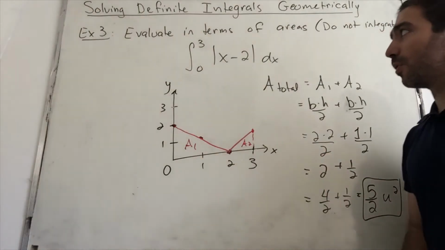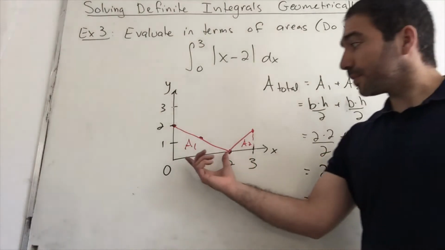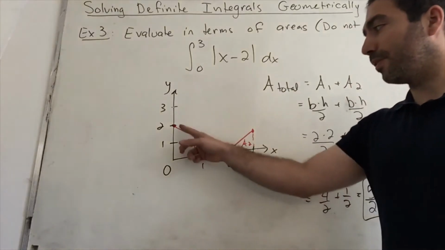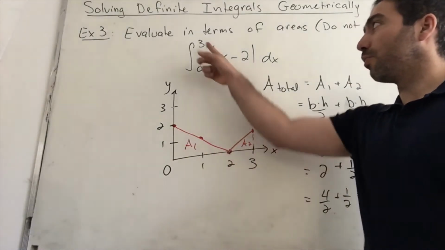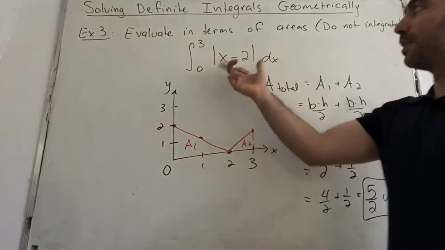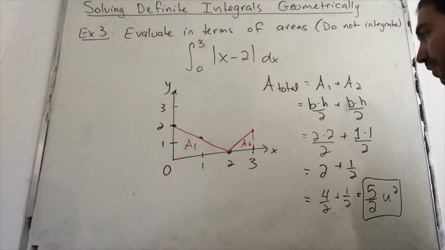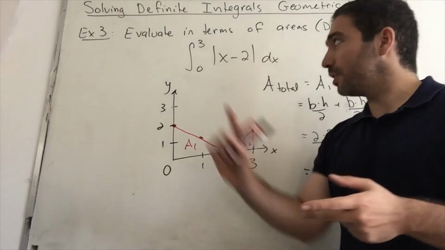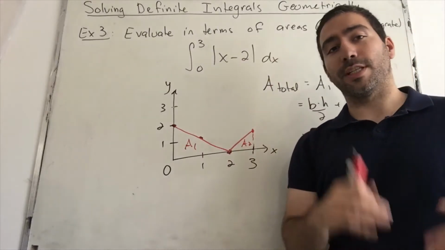Okay, so we just integrated a function without integrating, just interpreting in terms of area. We found the area under the curve of this function here when we don't know the summation for absolute value functions. So this allowed us to solve absolute value functions by sketching out the graph. Okay, so we have constants, we have linear functions, we have absolute value functions, and now let's look at the